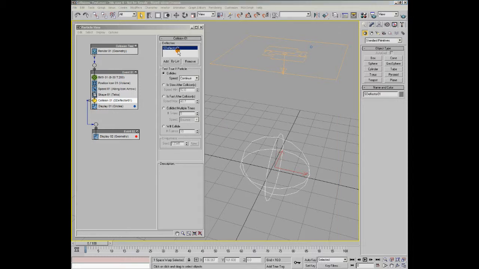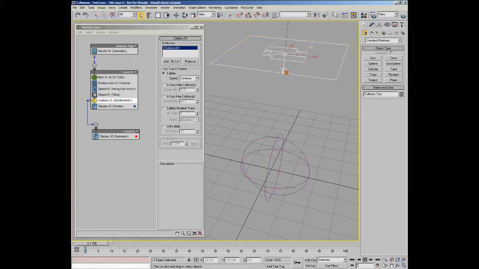The first option we have is a pick box, and this pick box, along with its associated add, by list and remove buttons, allows us to add collision space warps to the operator. One of the great things about this list is that you can have multiple collision space warps in the operator, and they can be of any type, so you pretty much have total flexibility. In this case, I will pick the S deflector to add it, and I'll point our particle stream at the deflector. So if I remove that from here,